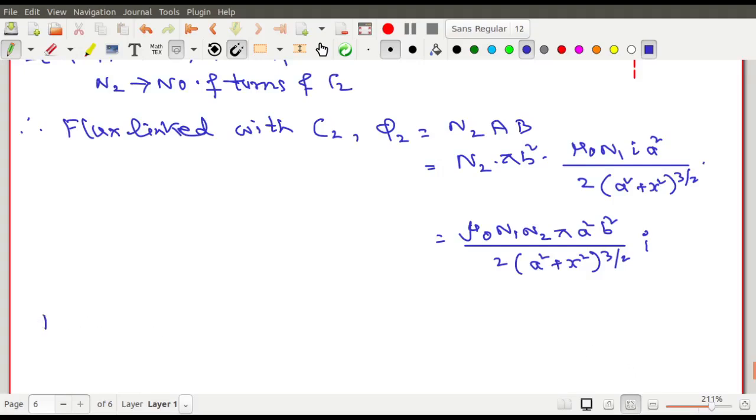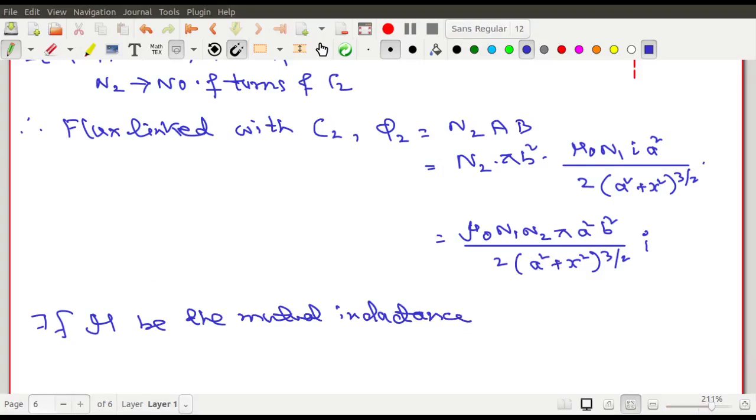Now you may write, if capital M be the mutual inductance of the system. Why do I call it system? Because previously I have said that mutual inductance is such a parameter which is the same for either of the coils, that is M12 is equal to M21. If capital M be the mutual inductance of the system,